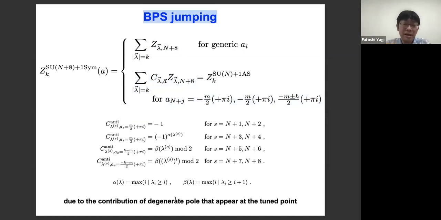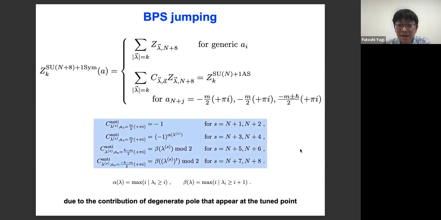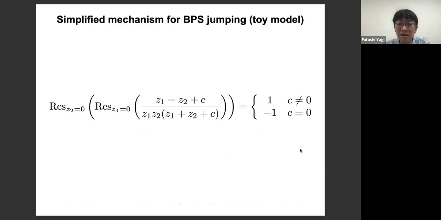In order to explain why it happens at the level of computation, the real computation is very complicated, so I give up explaining the very detail. Instead, I prepared a toy model example, which is mathematically basically the same kind of thing, but easier to understand why it can happen. So the JK residue is basically, when we compute the JK residue practically for multivariable, we first, for example, in this case, we have an